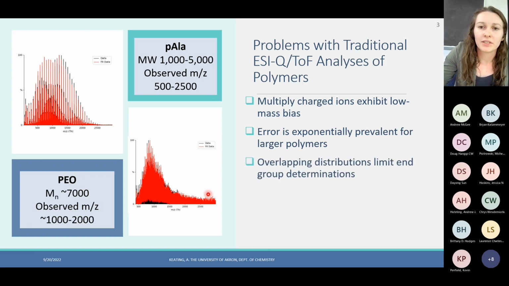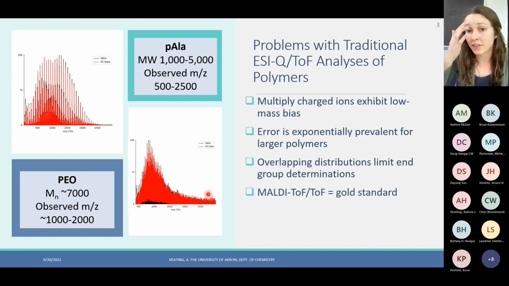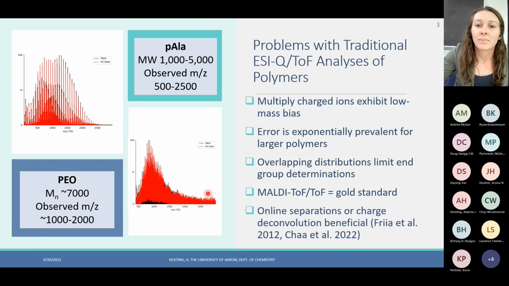We also have overlapping distributions that can limit any sort of N-group determination. And so for this, multi-TOFs have been considered the gold standard for mass spec polymer analysis. However, other online separations such as SEC and charge deconvolution techniques have also been reported in the literature. And so today I'm going to talk about a type of charge deconvolution for